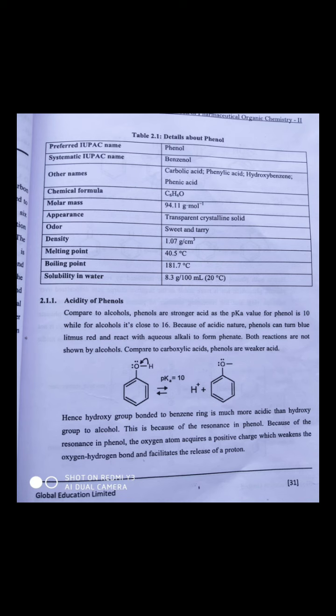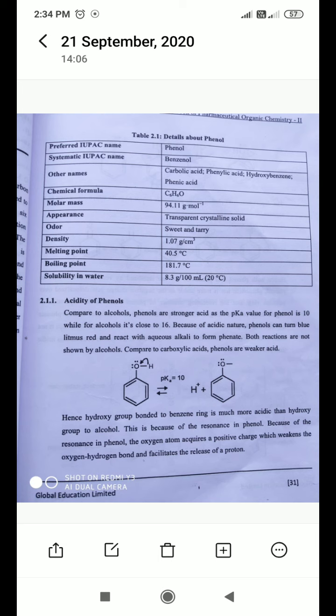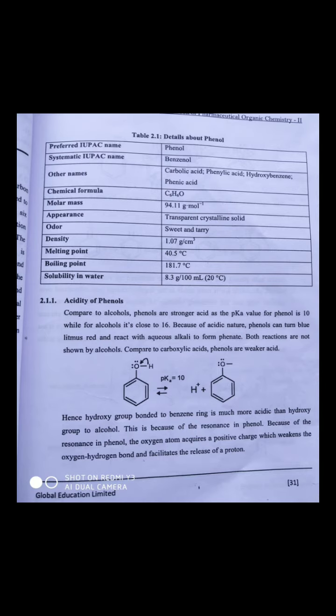Okay, in phenol the hydroxy functional group is directly attached to the sp2 hybridized carbon atom of the benzene ring. We just discussed the sp2 hybridized carbon atom in benzene. Why is it an sp2 hybridized system? You know this very well. The interaction of the 6 unhybridized 2pz orbitals of the carbon atoms of the benzene ring leads to the formation of a delocalized pi electron cloud.